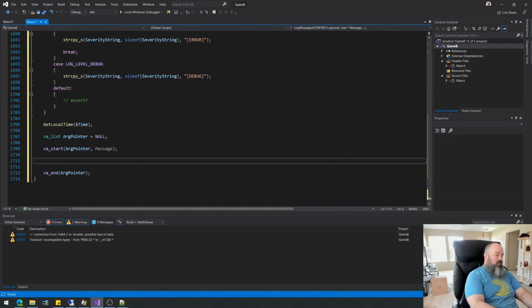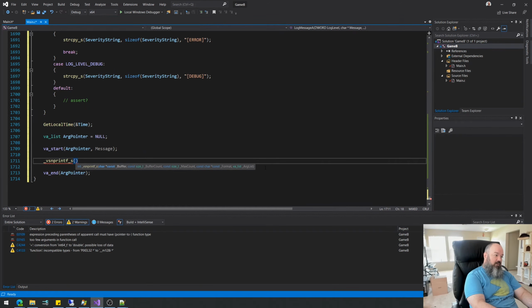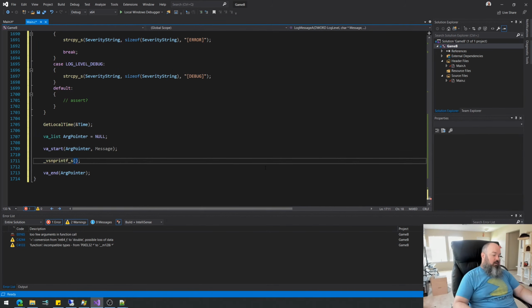And here we're going to do a vn printf. I don't know the name of it. vsn printf s. Hey, found it. Yeah, so we've used sn printf before, and then the v is the version of it that you want to use whenever you're dealing with a variable number of, or these variadic inputs like we're doing right now. So let's see,